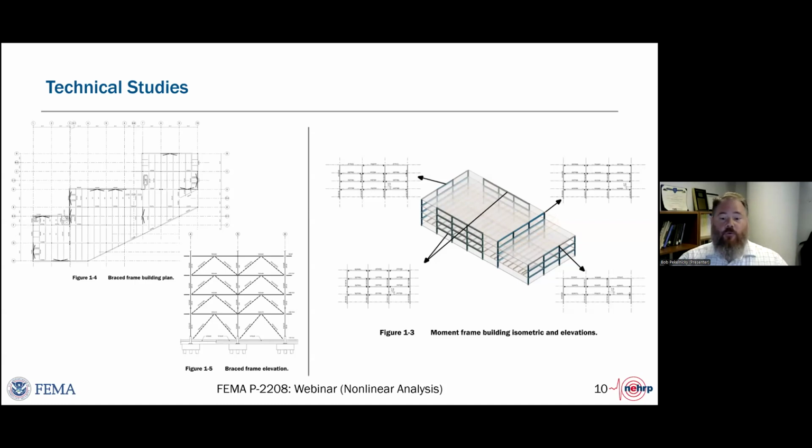So what we chose to do was take on a 4-story steel brace frame building that was slightly irregular in plan, and a 4-story steel moment frame building that was more regular in plan than the steel brace frame building, and vet all of these changes through these archetype buildings. So you may be wondering why you don't see a concrete building there. And that's not to say that we didn't look at a concrete building, but we really focused the concrete building on the concrete structural wall changes that will be presented in a future ATC webinar.